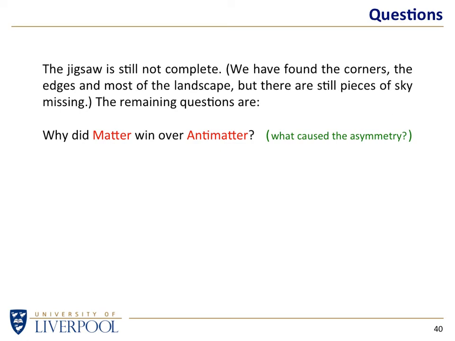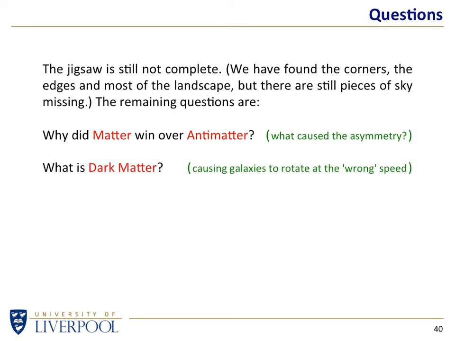I also said that all you need is hydrogen and gravity, and the system will collapse and produce filaments and clusters and voids and everything that we see. Well, yes, but only if we include dark matter. Dark matter is this weird stuff that causes galaxies to rotate at the wrong speed, but also we need to put dark matter into those calculations to explain how the hydrogen clouds collapse into filaments and clusters and voids. So yes, we can get the structures that we see, but not simply from the amount of matter that's out there. We must include a whole shed load of dark matter as well.